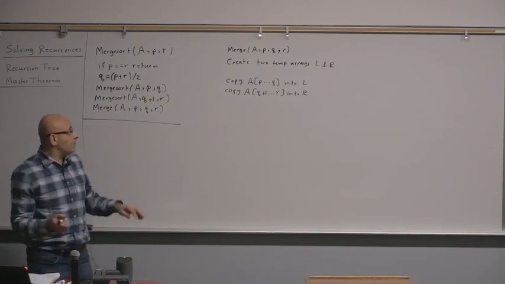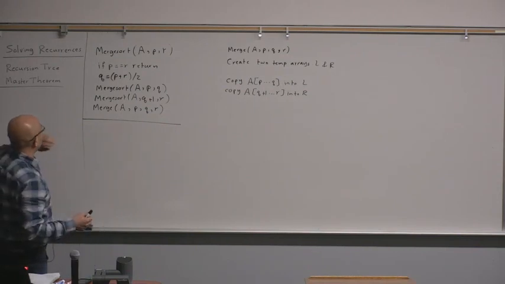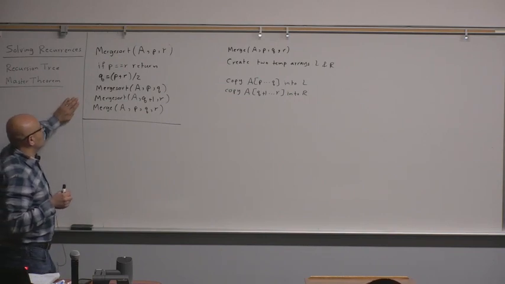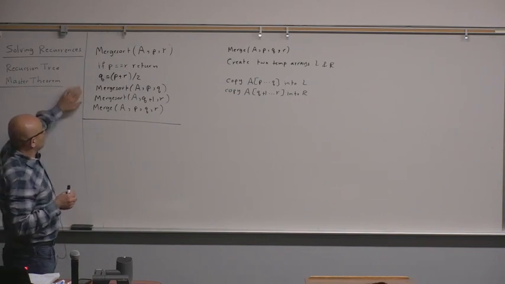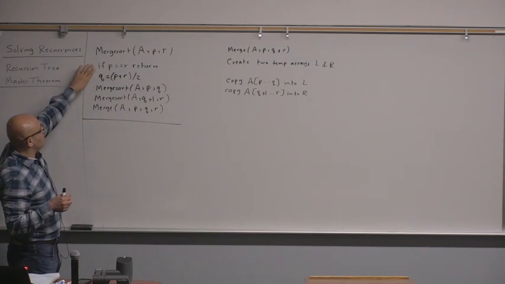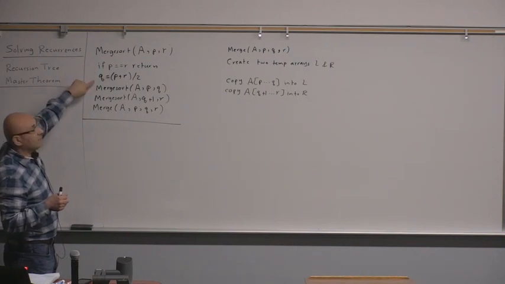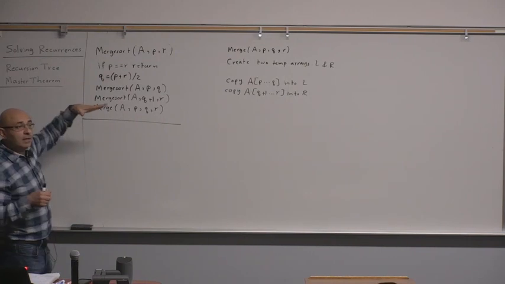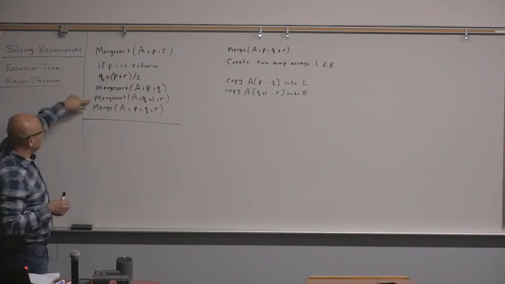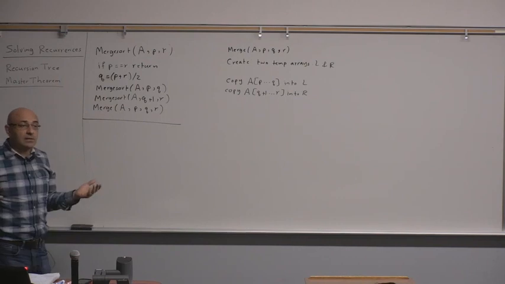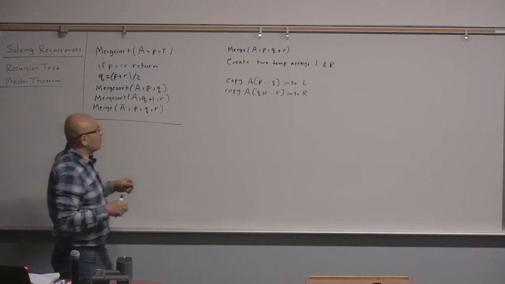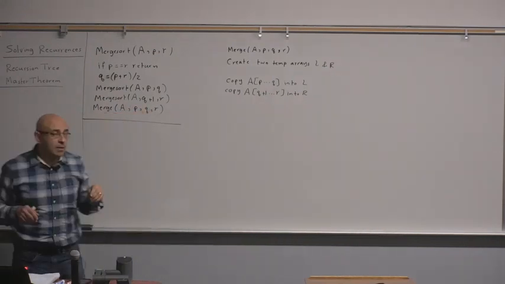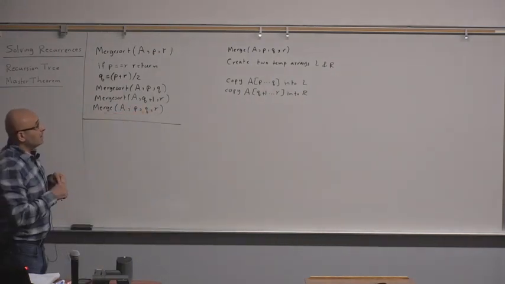So first of all, before we start talking about the analysis, let's revisit the code for merge sort. This is the code that we wrote last time. This is the base case. This is dividing the array in half. Then we call merge sort on the left hand side. Then we call it on the right hand side. Then we merge the two sides. By the way, there will be a programming assignment in which you will implement this so that you can